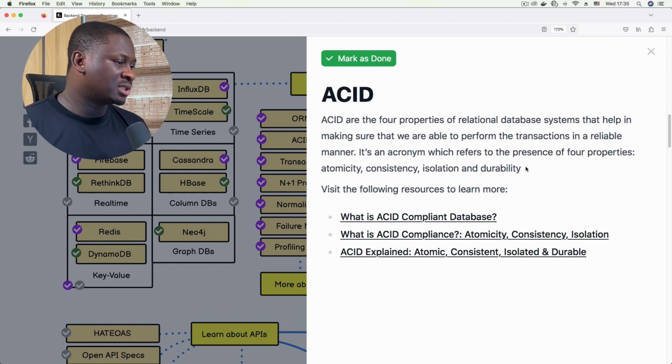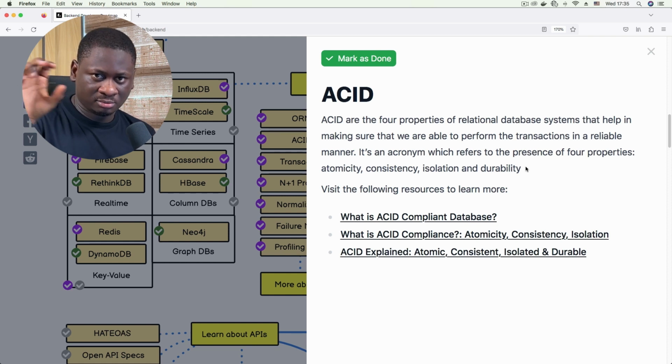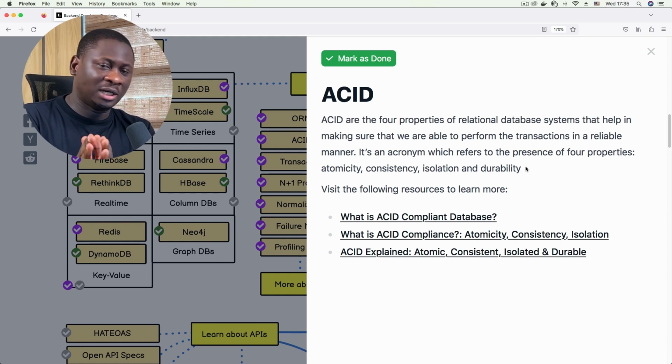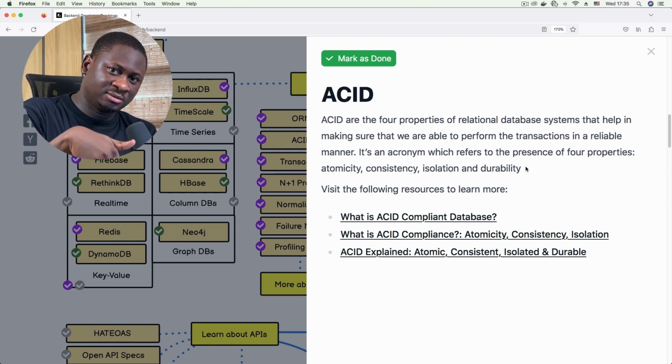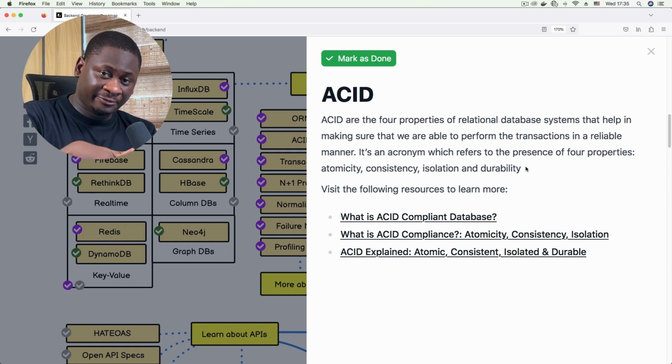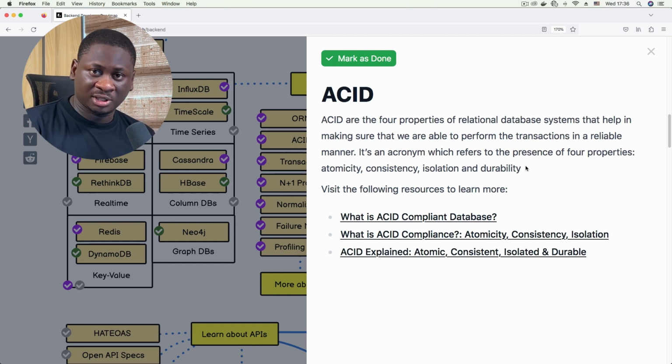Atomicity means that every operation should be able to exist as its own, and if a group of operations are supposed to all succeed, they have to succeed together. If they are to fail, they are to fail together. Second, we have consistency, meaning that data has to be consistent all throughout your database. Isolation and durability mean that stuff like database faults, like network failures and stuff, should not cause data to be